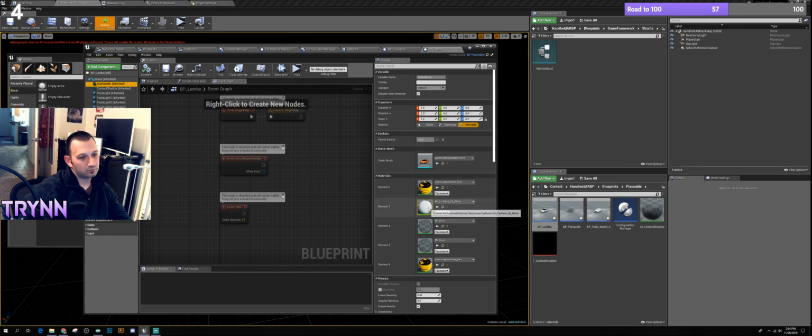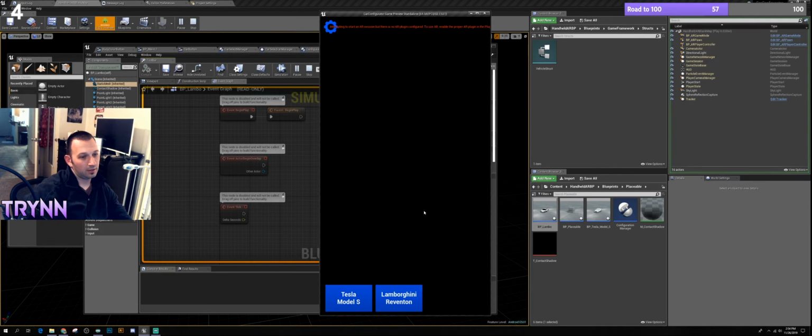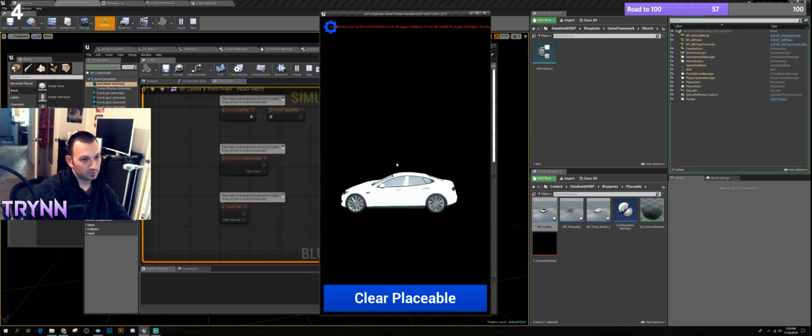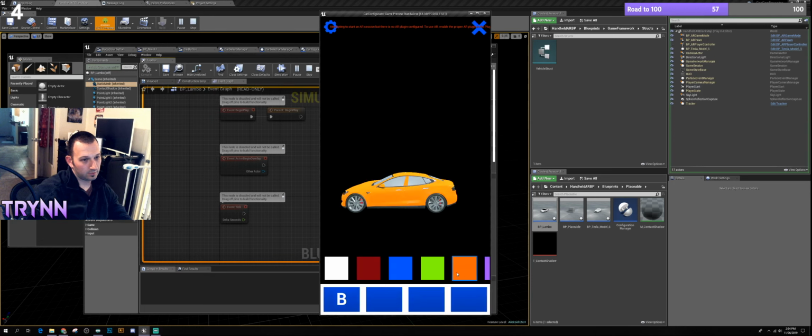So, I mean, yeah, if I was going to do red that bright, I would probably lower it down a little bit, because it's a little too bright. But let's see what that looks like with the Tesla. Oh, yeah. Oh, yeah, purple and bright red and,